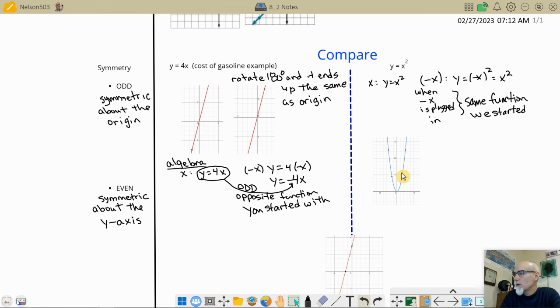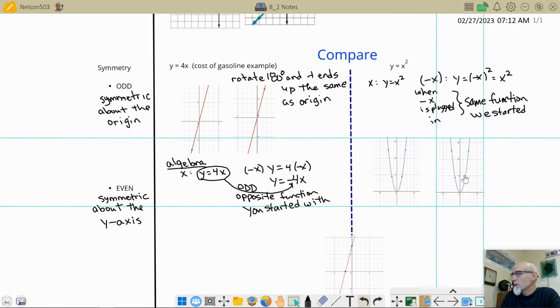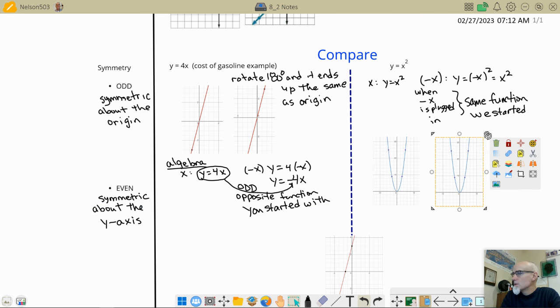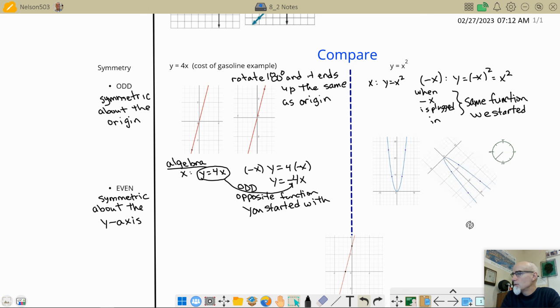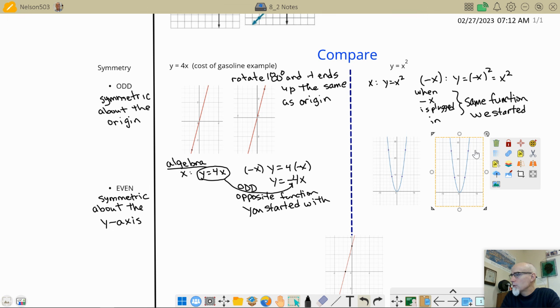Okay, so check this out. If I take this guy and I make a copy of it, copy's been made. Let's paste it. Let's put it right next to it. If I rotate this guy 180 degrees, oh, it's definitely not the same as the original function. So it's not odd. Okay, so let's rotate it back over. Let's do this. Let's reflect it. Okay, so if I flip it over like that,